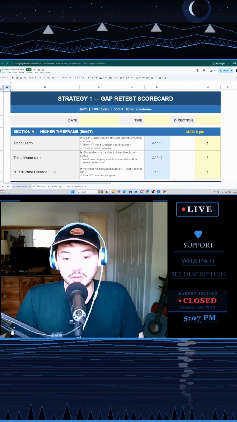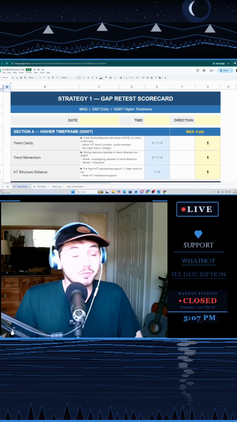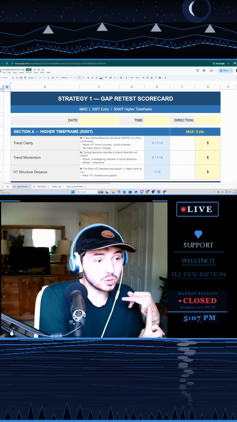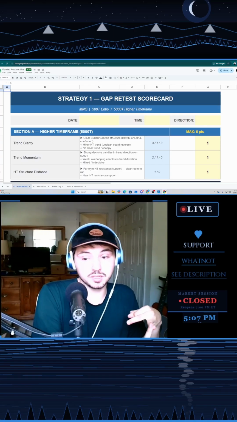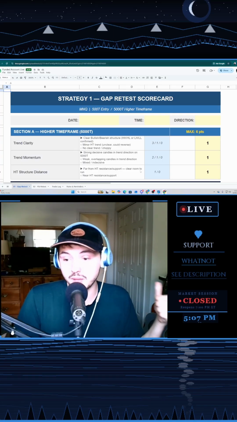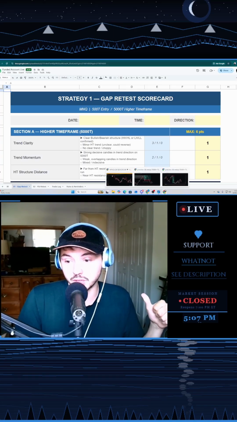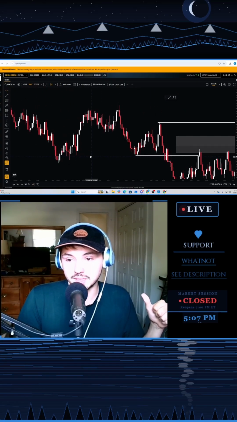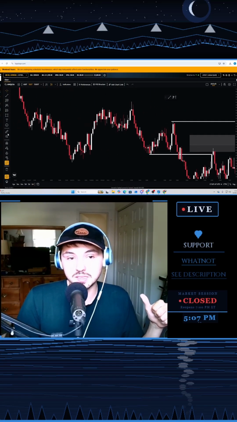And then we have the higher time frame structure distance. Are we far from resistance or support? Are we near higher time frame resistance or support? So what that means is we've already gone through this once, okay? But what that means is if we're looking at these highs and lows that are forming,